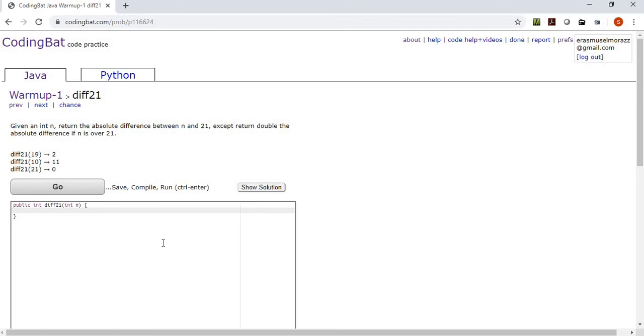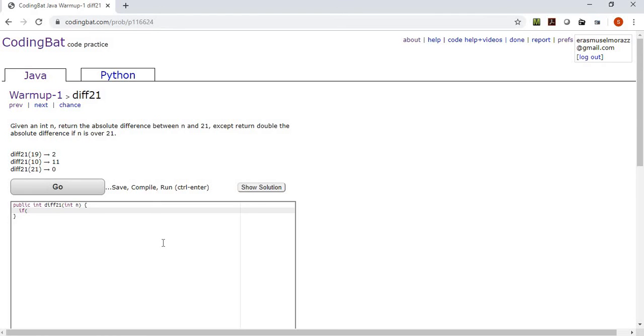Okay. Now what we're going to do here is we're going to have to use some methods, and really there's no way to go about that. You're going to have to use a method. The method that we're going to use here is in the Math object, Math.abs, and then it's going to be n minus 21 is greater than... oops, I did that wrong. Okay,